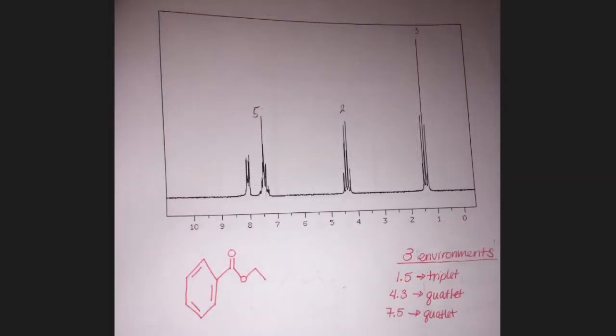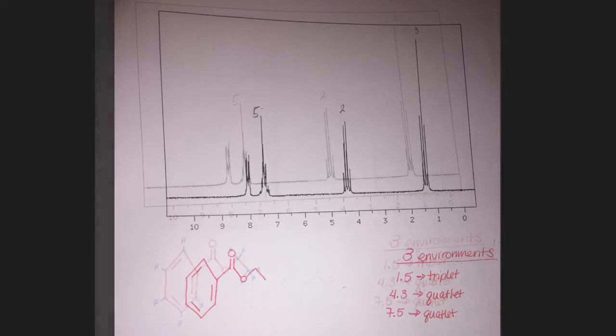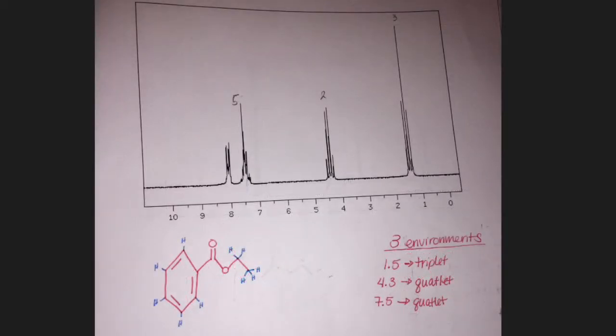Based on this information and the chemical formula from the mass spec, we can now suggest a possible structure. Because the DOU was 5, we can suggest that there is an aromatic ring. Connected to the aromatic ring is an ester, and then the oxygen on the ester is connected to an ethyl chain. Next, we'll add in the hydrogens in the structure so we can match the different environments on the structure